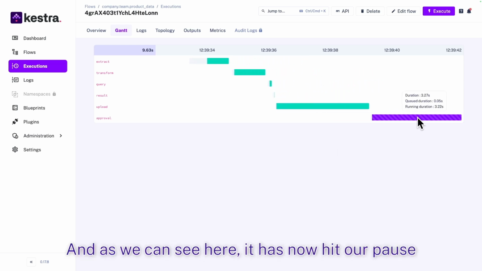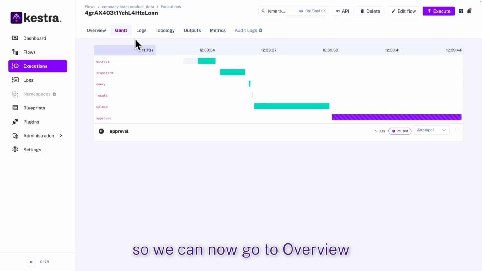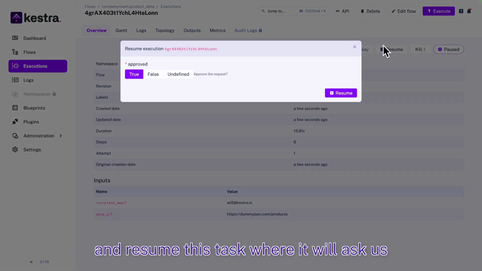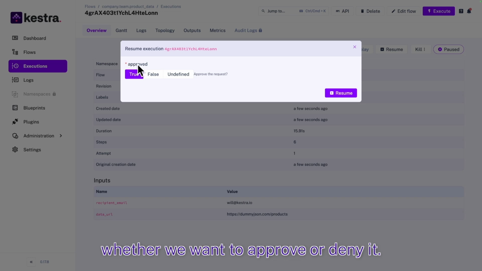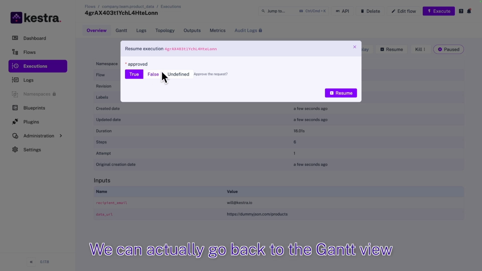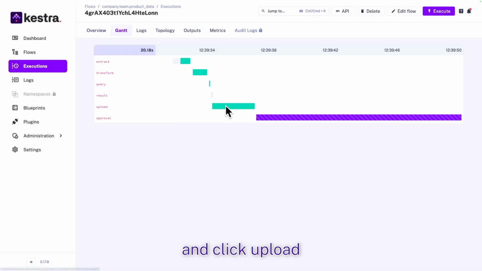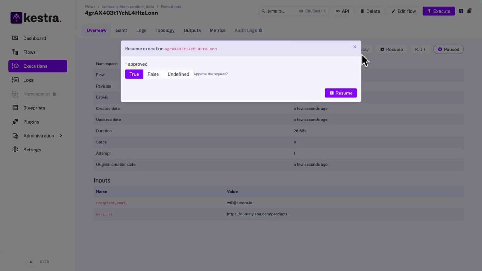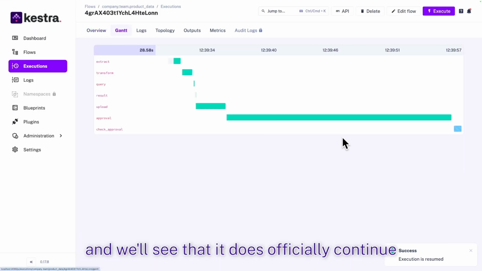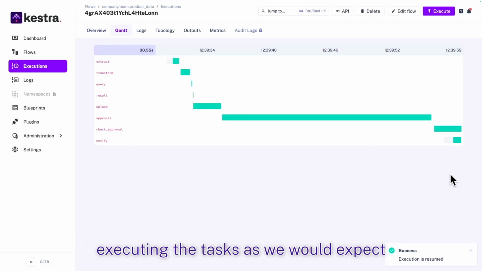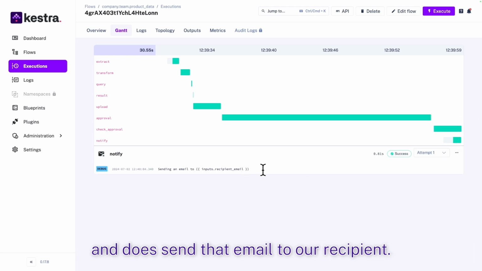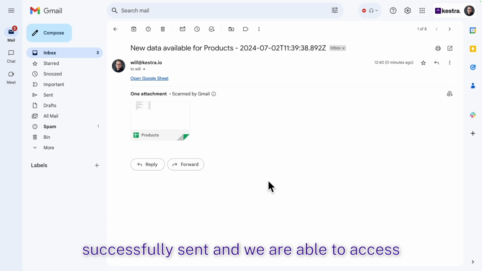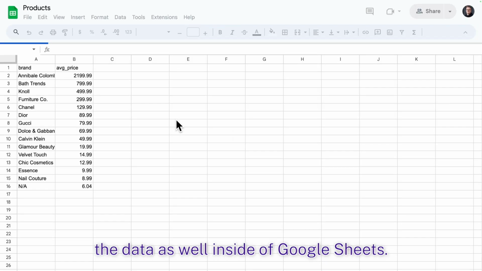And as we can see here, it has now hit our pause, so we can now go to overview and resume this task where it will ask us whether we want to approve or deny it. We can actually go back to the Gantt view and click upload, and we'll be able to see that the file was uploaded if we wanted to check it. But I'm going to press approve here, and we'll see that it does officially continue executing the tasks as we would expect and does send that email to our recipient. And we can see that the email was successfully sent and we are able to access the data as well